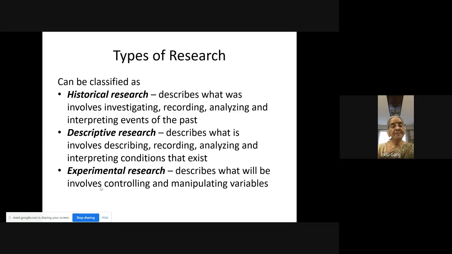Okay, and experimental study will describe what will happen in the future. And of course, for that you will conduct experiments and you will try to manipulate and control certain conditions, and then you will say, okay, if under these conditions this will always happen. So what will be the future? You will be able to predict that if you realize that your students didn't read well. So what do you do? You collect.